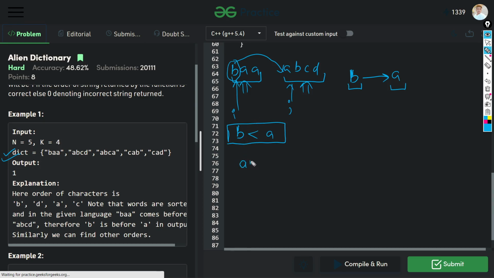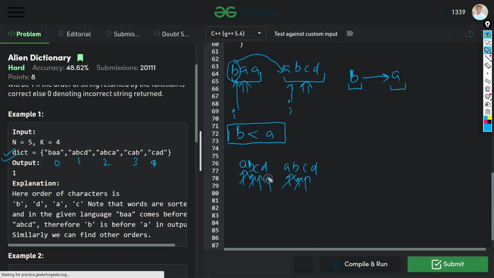Like if you consider the second one, index 3 and 4, A B C D and A B C A, then we compare every character, and here it will be equal, so we increment the count here. And here B will also be equal, then increment the values of I and J, and up to C this will also be equal.